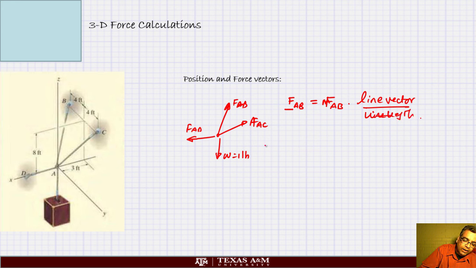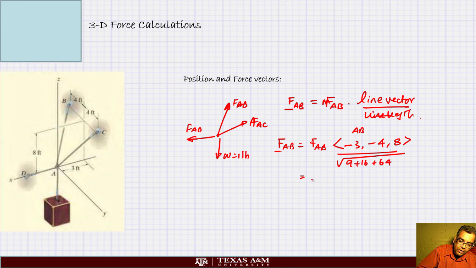We know how to compute that, right? So we will do it for all three of them. FAB, magnitude unknown, line vector is minus 3, minus 4, 8. This is the line AB, divided by line length, which is square root of 9 plus 16 plus 64. That turns out to be FAB times minus 0.318,